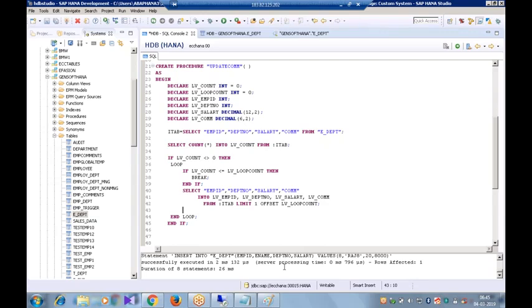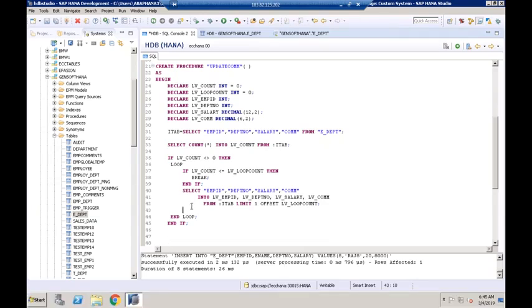Now I'll say if, LV_DEPARTMENT_NUMBER equal to 10, then what is the formula? If the department number is 10, the commission should be 10% of our salary. So I'll say LV_COMMISSION is equal to LV_SALARY into 10 by 100. Done. Else